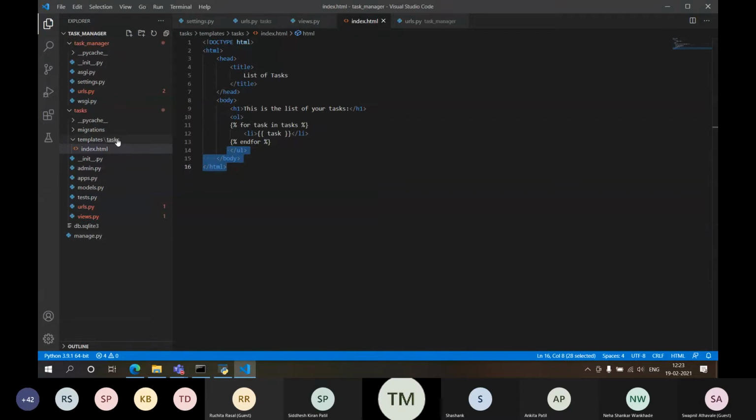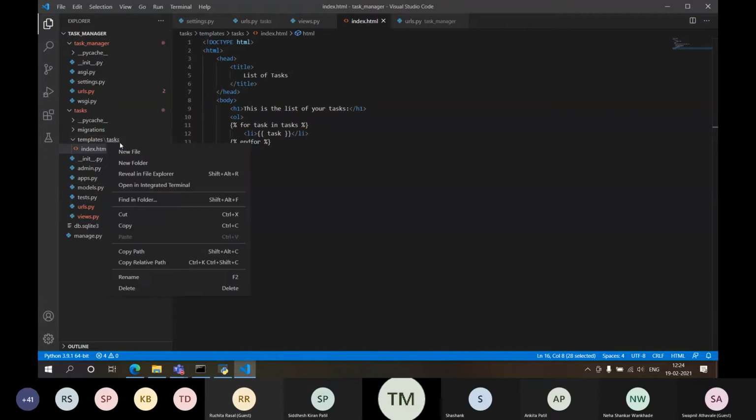See, Django template language is so powerful that it enables us to extend the pages from one to other. And because of that ability, I'll be writing a common template for all my files. Like, suppose you are developing a website where that website has 50 pages. Okay.